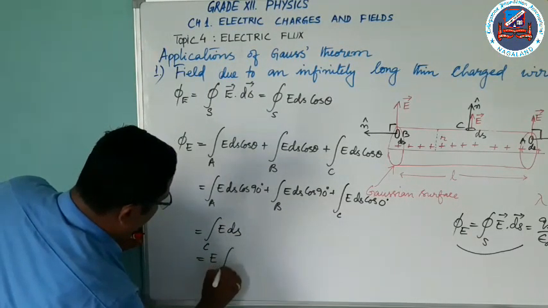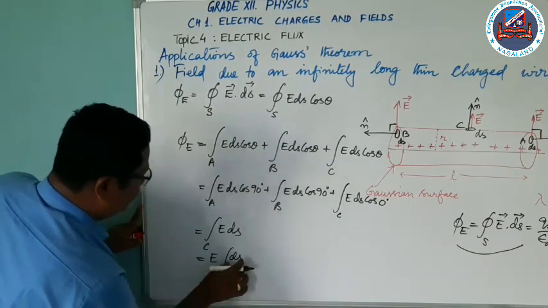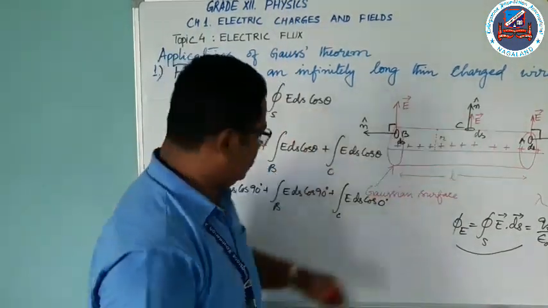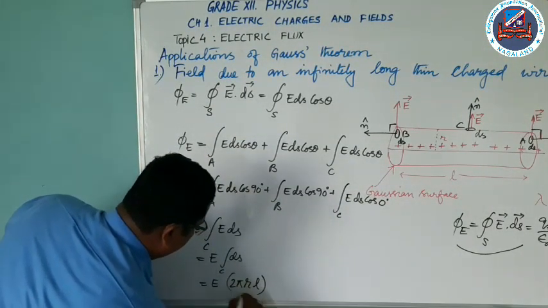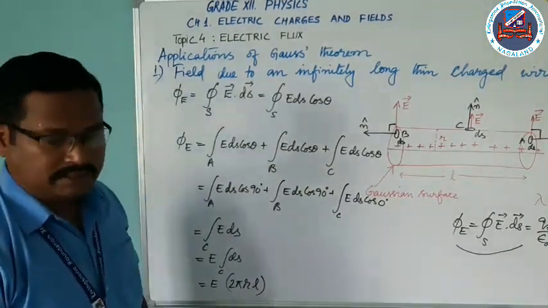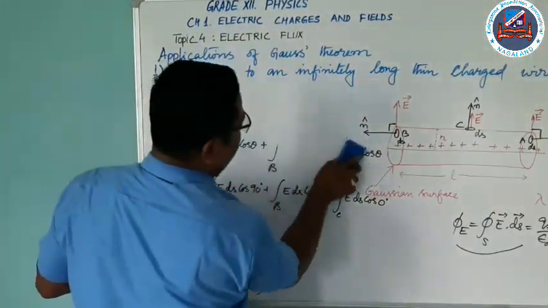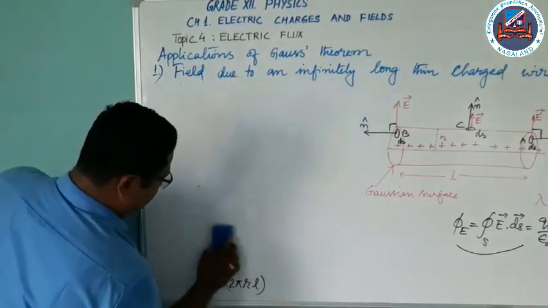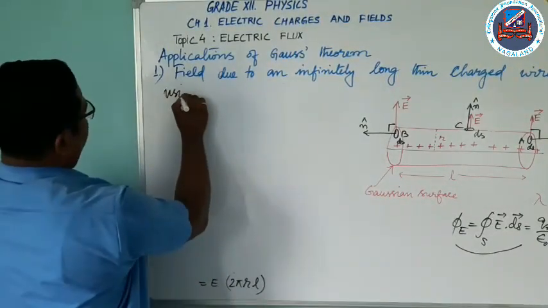Now E is a constant term here, and the integration is over the surface area. E times the surface area of what? This is at C. Only the curved surface area remains. The curved surface area formula is 2 pi R L. Like this you can find the electric flux. After you find the electric flux, you can use Gauss theorem. Let us keep the result here. There is the electric flux. Using Gauss theorem,